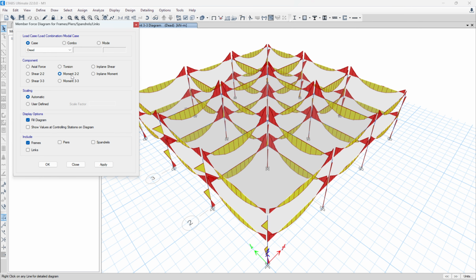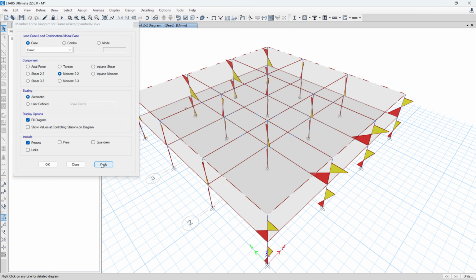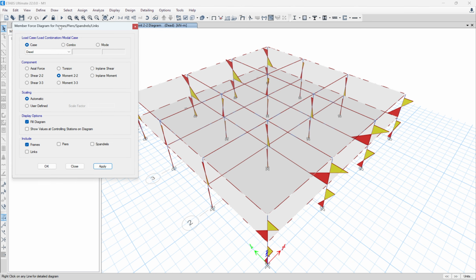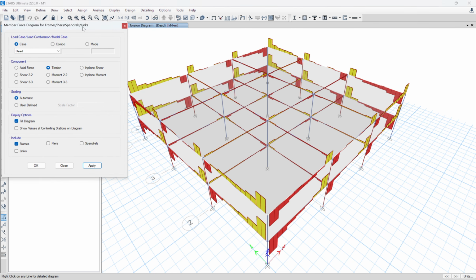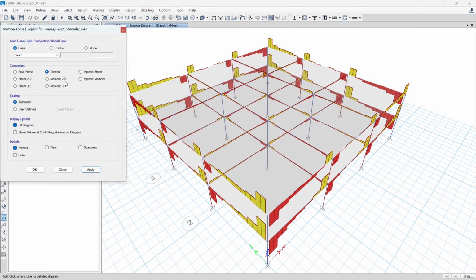However, you click on moment 2-2 to express the moment on the 2-2 axis. We will explain the x, y, z coordinates and the 1-1, 2-2, 3-3 axes, and how ETABS understands the global and local coordinates and how to control them. Here you can express your torsion moment. Here you can see the in-plane shear,